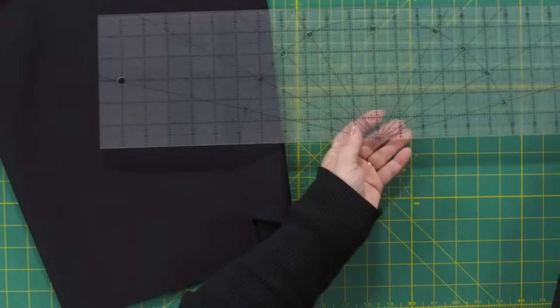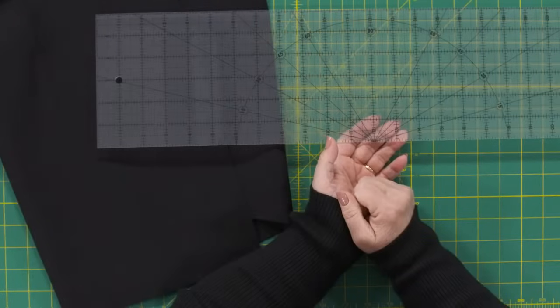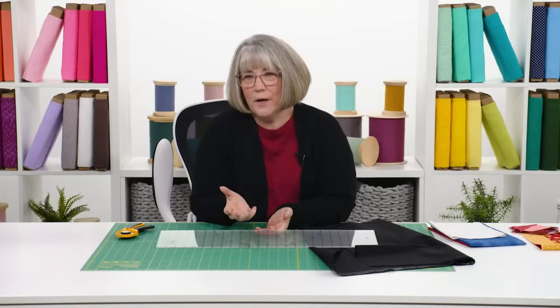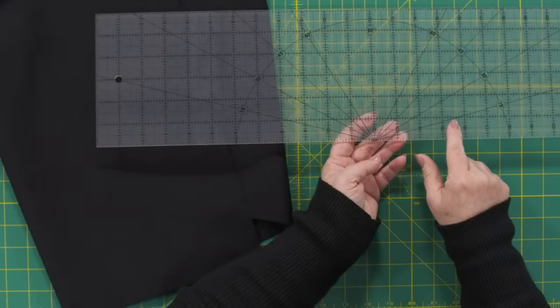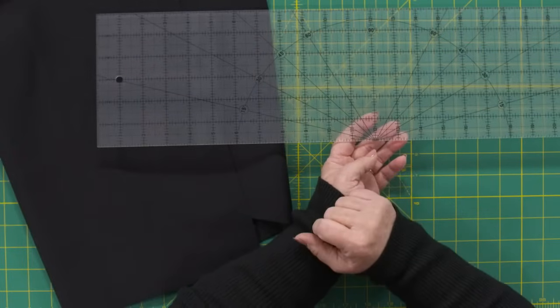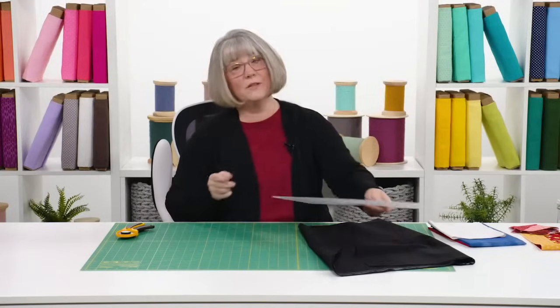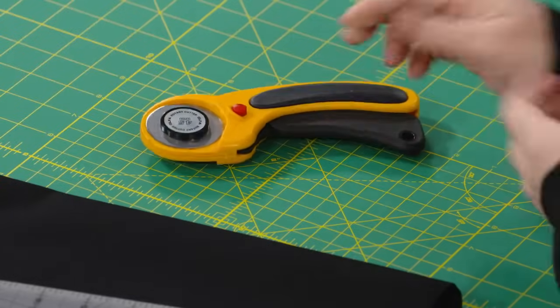One other thing I needed to point out, I wanted to show you, is that it has a compass across the ruler so that you have different angles. A lot of times a project will have you trimming something or cutting angles to cut diamonds, and quilters will ask, well, do I have to go out and buy another ruler? Do I have to have a diamond ruler or a trimming ruler? Well, you don't actually. You have all of the angles that you need on your ruler. It's just learning how to use them. And a little later I'll show you real quick how to cut diamond shapes off of just a simple rectangular ruler. But if we're going to cut something, that means we need a rotary cutter